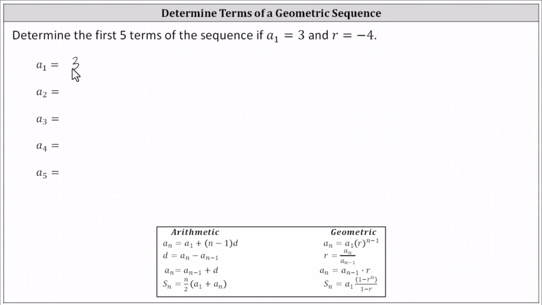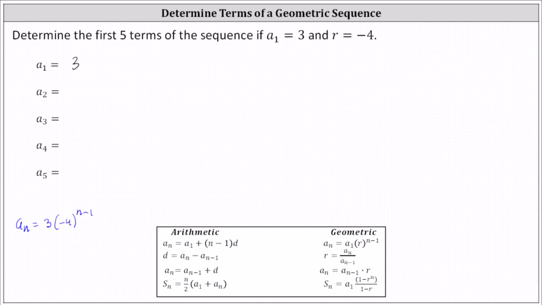We can write the formula for a sub n, where for every geometric sequence, a sub n equals a sub 1 times r to the power of n minus 1, which means in our case, a sub n is equal to 3 times negative 4 raised to the power of n minus 1. And then from here, we can simply substitute n equals 2 to determine a sub 2, substitute 3 for n to determine a sub 3, substitute 4 for n to determine a sub 4, and substitute 5 for n to